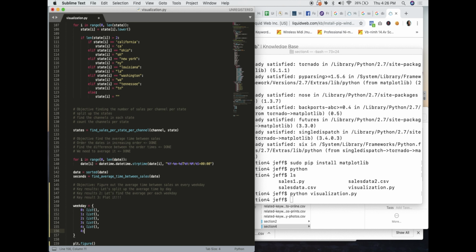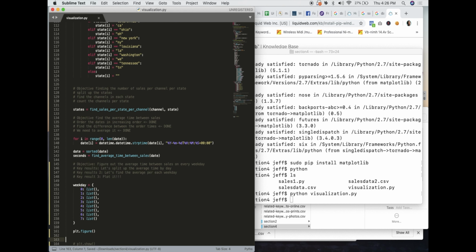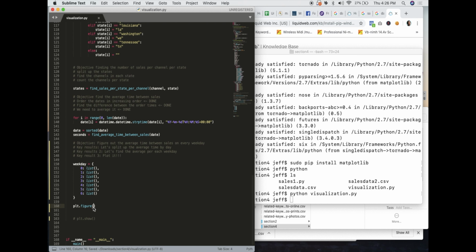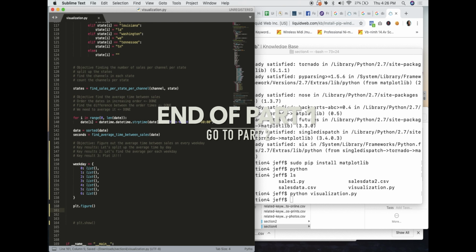I'm going to fast forward because this is very repetitive. Almost done. Great, and we're back. So we have all of the days listed out as numbers, as the keys, and the value set is a blank list. So now we have to figure out how to get these dates into this array of arrays by the weekday. So right now we can go ahead and print